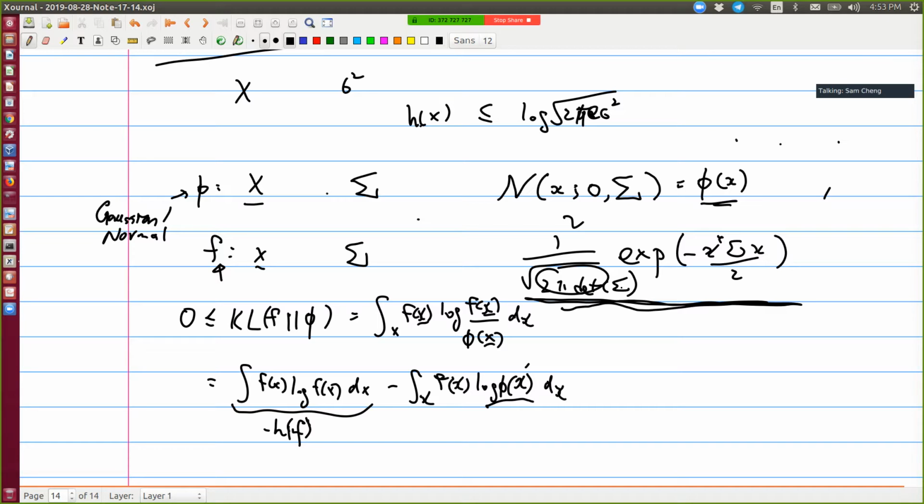What I want to say is that basically the PDF of the Gaussian distribution